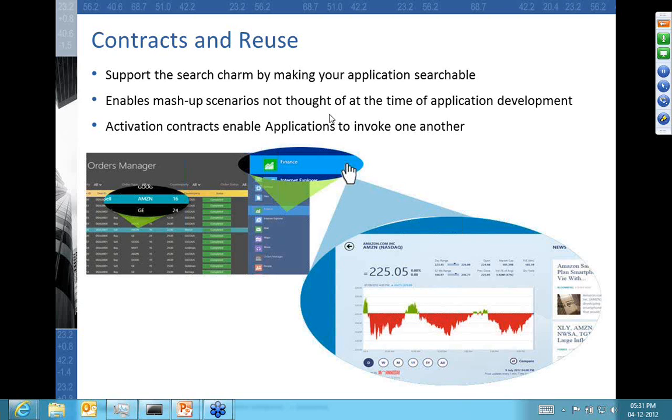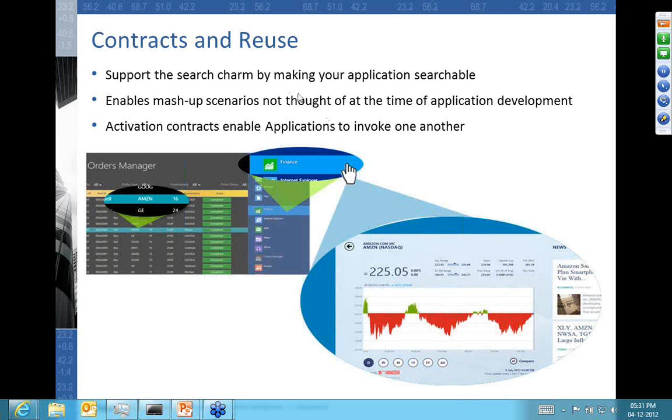Since we were talking about activations, there are in fact multiple other ways in which you can activate your applications. I'm not going to talk about all of the activation mechanisms, but one of them is the protocol activation mechanism, by which an application can register itself with the operating system by giving a particular protocol.